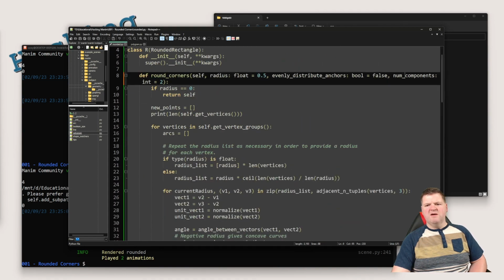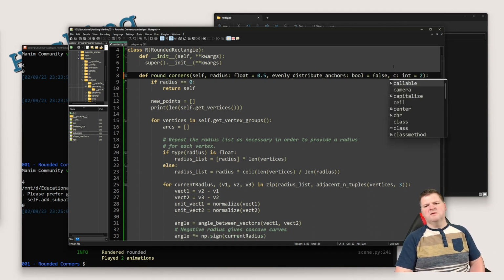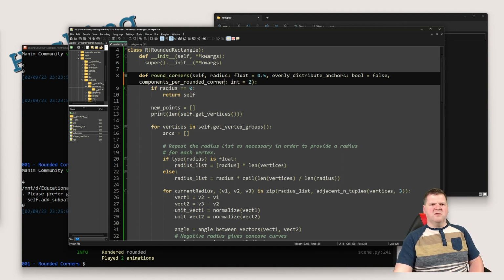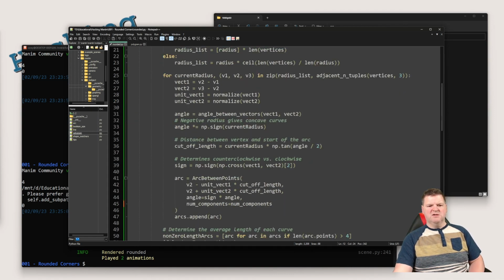I don't want it to be num components. I want it to be per arc. Components per rounded corner. That is better. It's longer, but